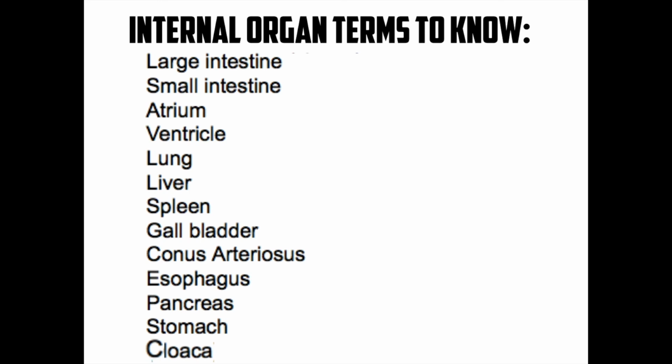So let's move down to the esophagus. We already said the esophagus is the swallowing tube. This goes and connects the mouth, pharynx, down to the stomach. This is a muscular tube that squishes and pushes the food. Now, when we eat food, usually it's in a ball called a bolus, and the esophagus squishes down that bolus